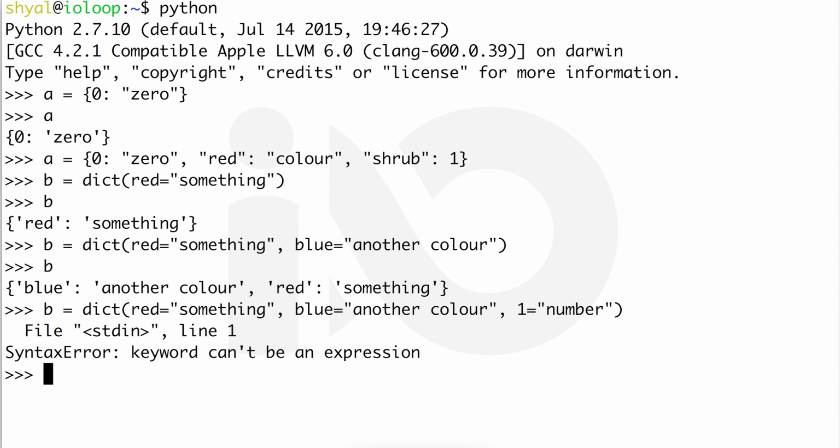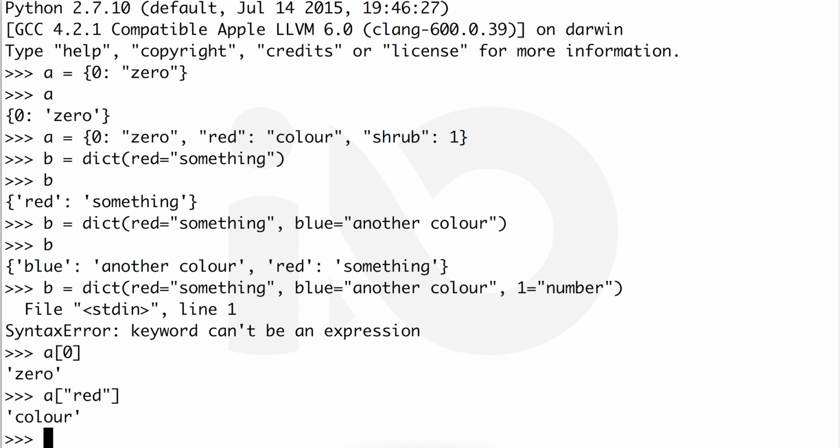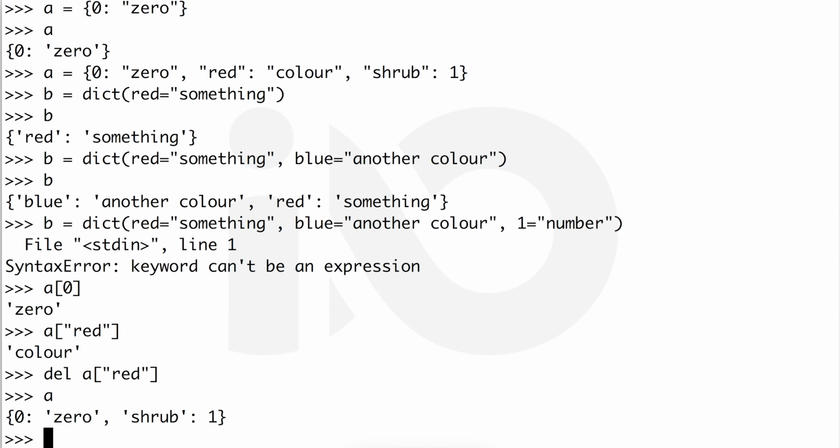To access the keys and the values of your dictionary, you use the square brackets. So you can say A[0] brings up 0, A['red'] gives color, etc. And you can also delete things within your dictionary by calling the del keyword, and that actually removes the key and the value. To get all the keys within your dictionary, you can say a.keys,